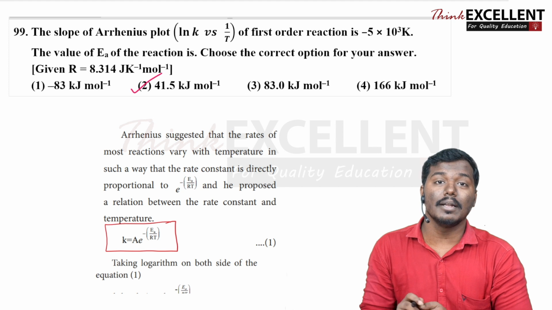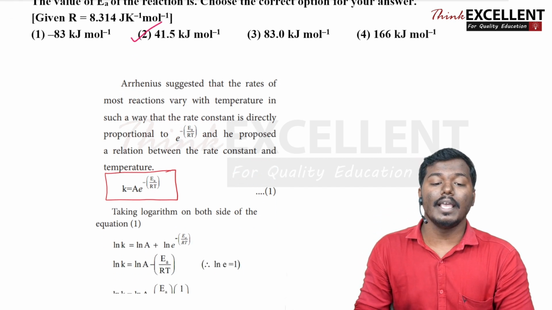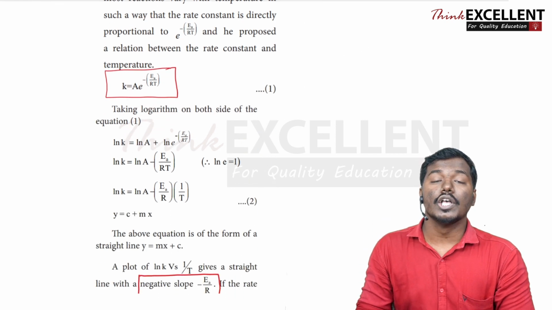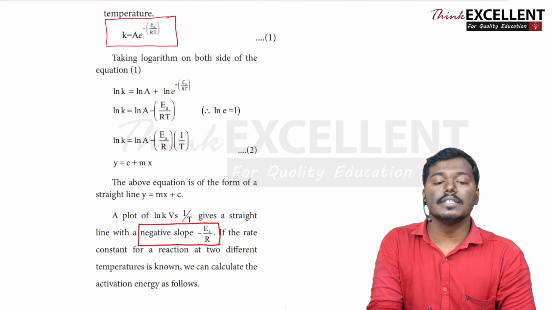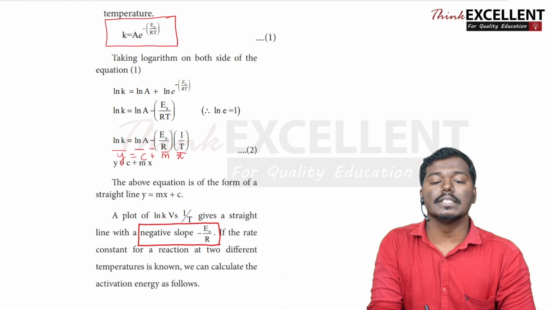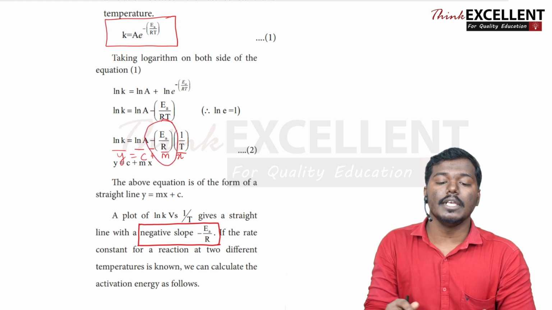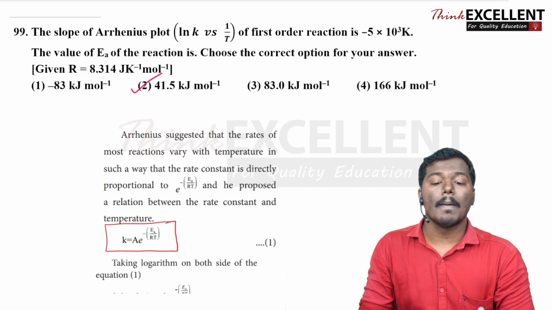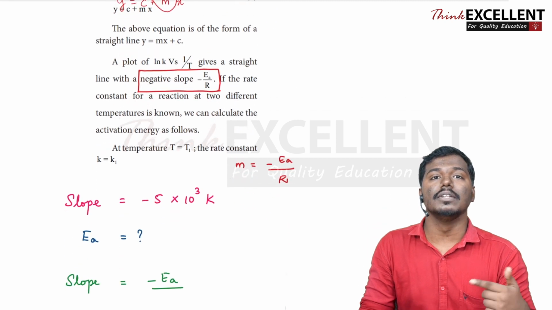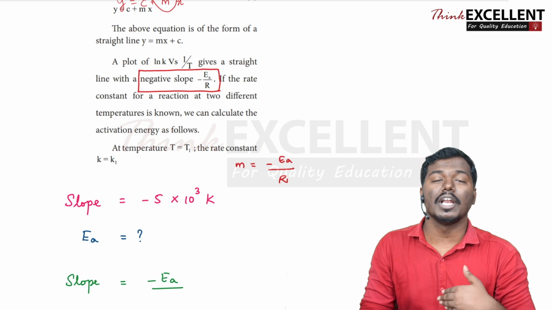So chemical kineticsல நம்ம Arrhenius equation படிச்சிருக்கோம்ல, that is k is equal to A into e to the power minus EA by RT, right? So இந்த equationக்கு நம்ம ln எடுத்தோம்னா you will get the equation like this, that is ln k is equal to ln A minus EA by R into 1 by T. So in the equation y is equal to mx plus c அப்படினு consider பண்ணோம்னா, you can see that the slope value m is equal to minus EA by R, right? ஏன்னா questionல நமக்கு slope தான் கொடுத்திருக்காங்க. So minus EA by R அப்படி நமக்கு slope தெரிஞ்சிச்சுனா, we can easily find out the activation energy EA, right?